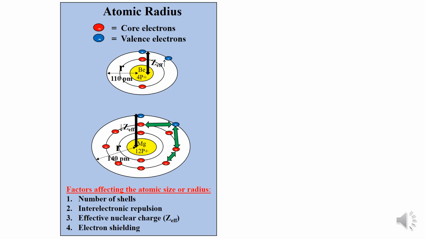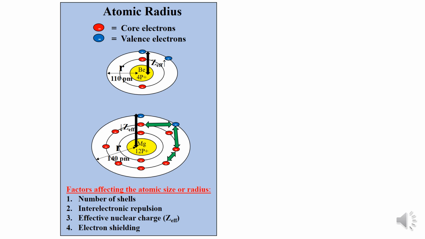So what is shielding? Shielding is a phenomenon where the inner core electrons partially block or reduce the electrostatic force of attraction between the positively charged protons and the outermost valence electrons. So as the number of shells increase, shielding also increases. Now each shell acts as a shield,